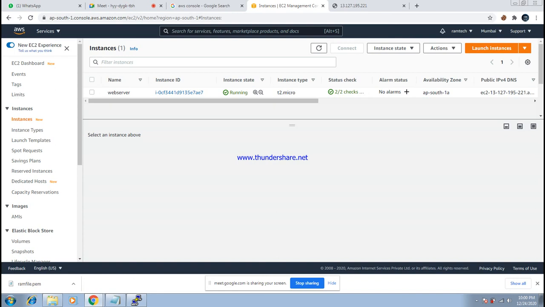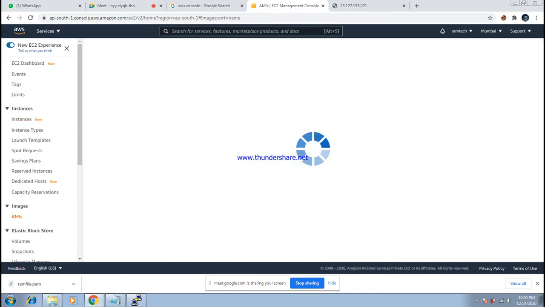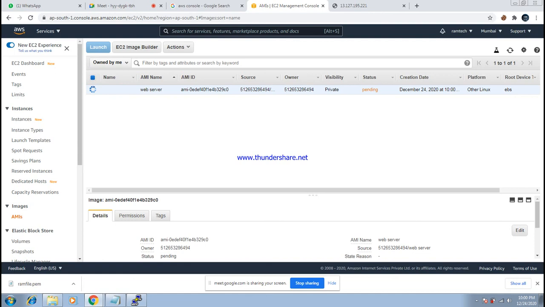Once you give create image, your image will be created successfully. Where your image is stored: see, madam, Images, AMI. If you go to AMI, your image is being created, madam. See, madam, your image is being created.